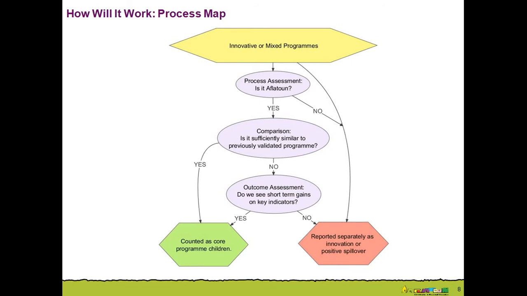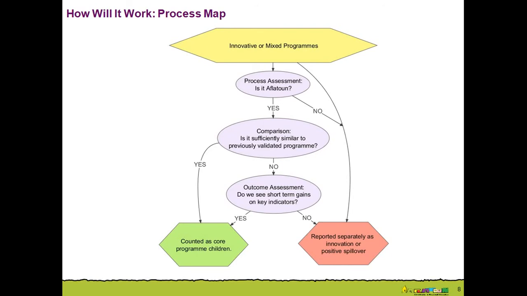So here you can imagine there's two programs, both integrated with the government, both made the same changes. In that integration, we might do research only on one of the two, and then since the other one is so similar, we also count that as well. So both become counted once we validate one of the two, for example.